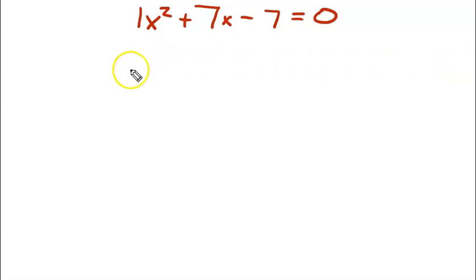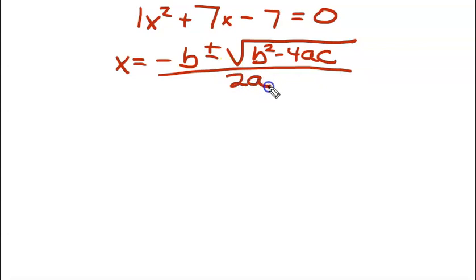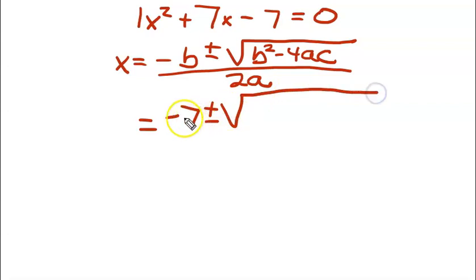Now, in the next slide, they're going to give you the quadratic formula. X equals -b plus or minus the square root of b squared minus 4ac all over 2a. So let's start filling in. B we said was 7, so negative b is -7 plus or minus the square root of b squared, 7 squared, is 49,